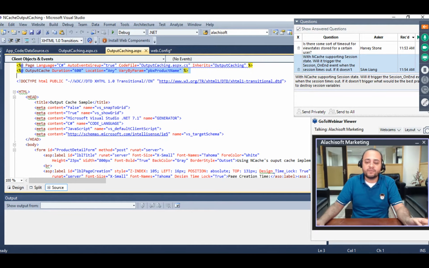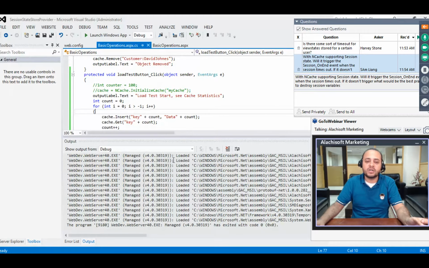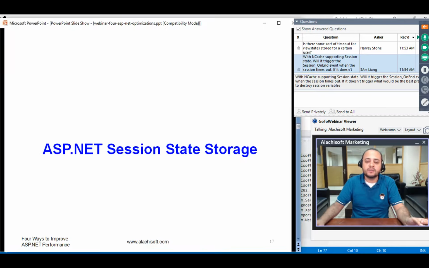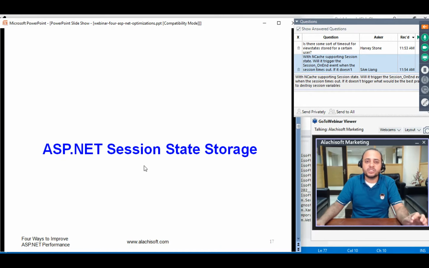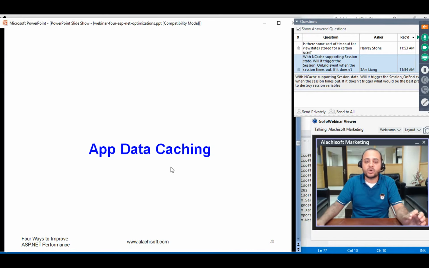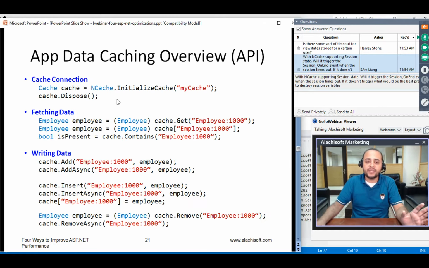And then the fourth option is object caching. So we've covered session state, view state, output caching, and then I'll talk about data caching. How does it work? So this is the API that I was referring to earlier on. You can get connected to this by calling the connection object, and then you can call cache.get with a key value pair. Key is a string key, value is a .NET permitted object,